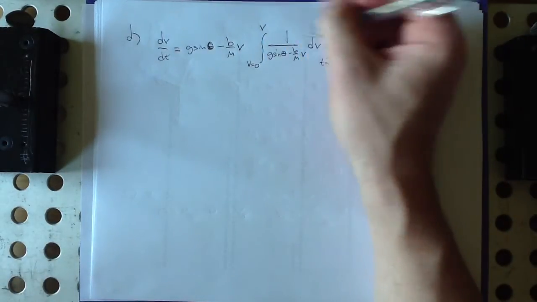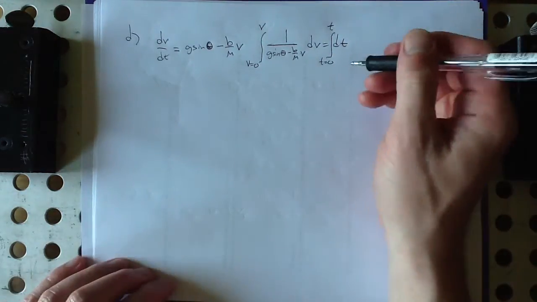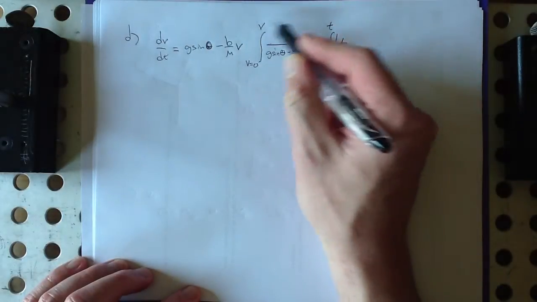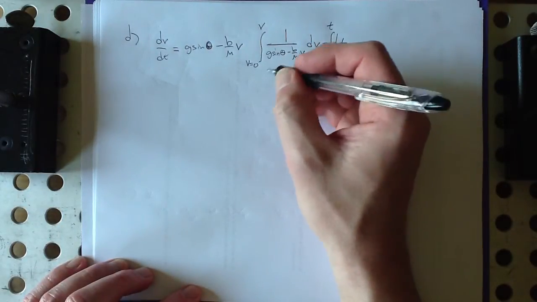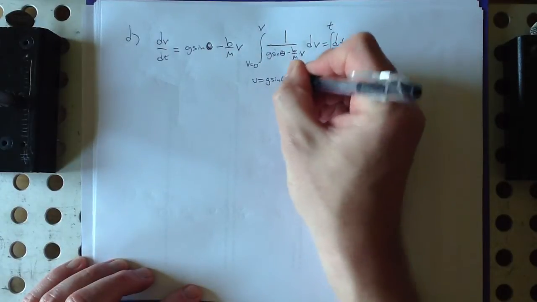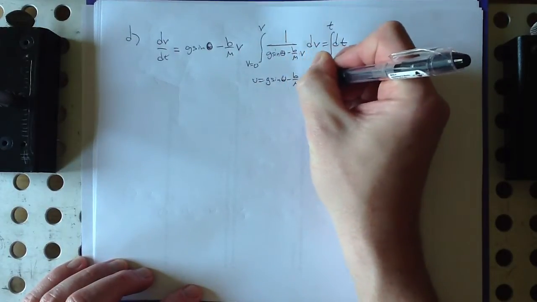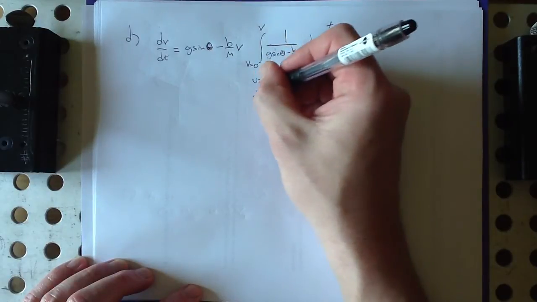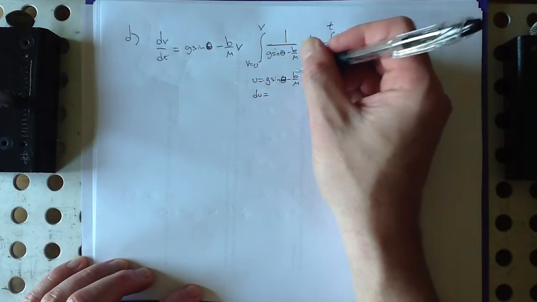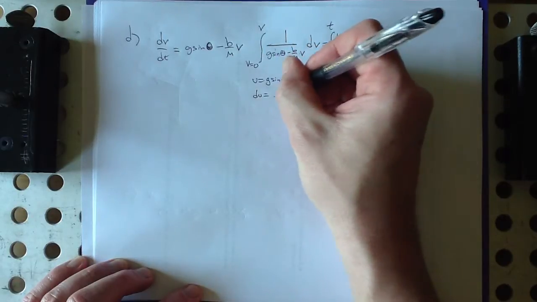We have that double roll problem, but we'll deal with that. Just be careful. So the antiderivative of this, you do a u substitution, u equals the whole bottom of this, g sine theta minus b over m v. So du is, that's just a constant, so that's 0. Derivative of that is minus b over m